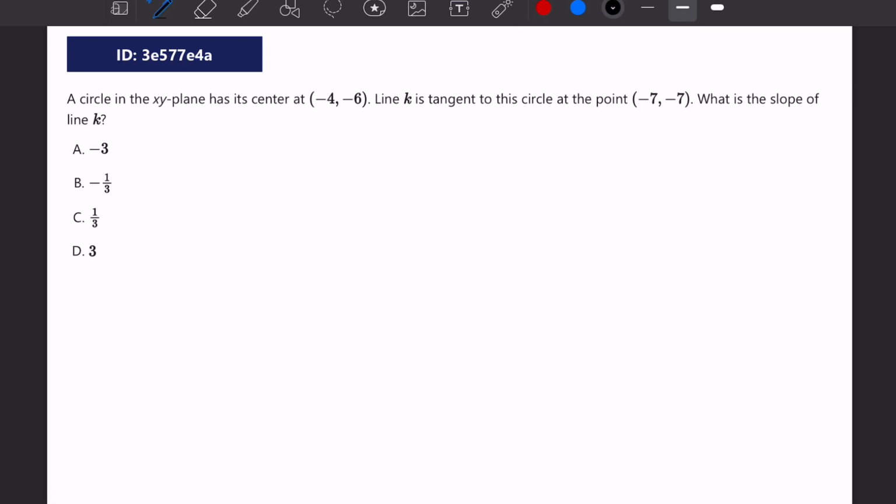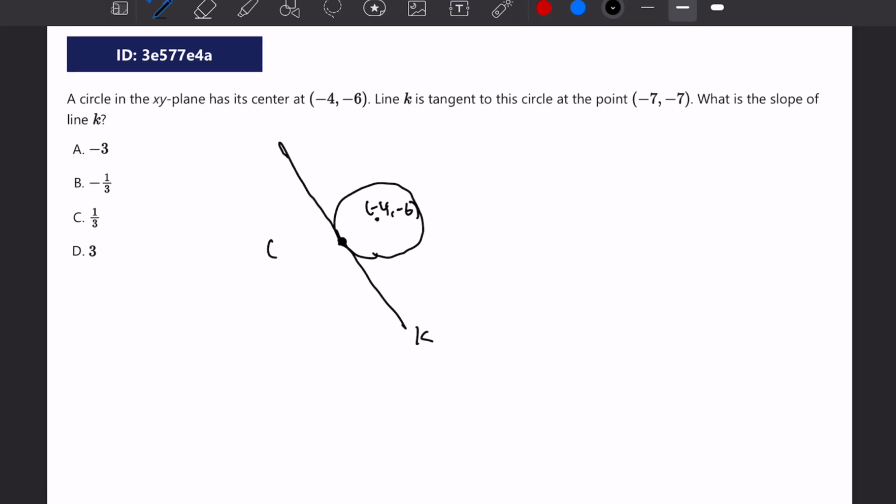A circle in the xy plane has a center at -4, -6. Line K is tangent to this circle at the point -7, -7. What is the slope of the line K? So this is another circle question, and if we draw the figure first, here we have a center of -4, -6, and line K, I'm just randomly drawing, is tangent at this point